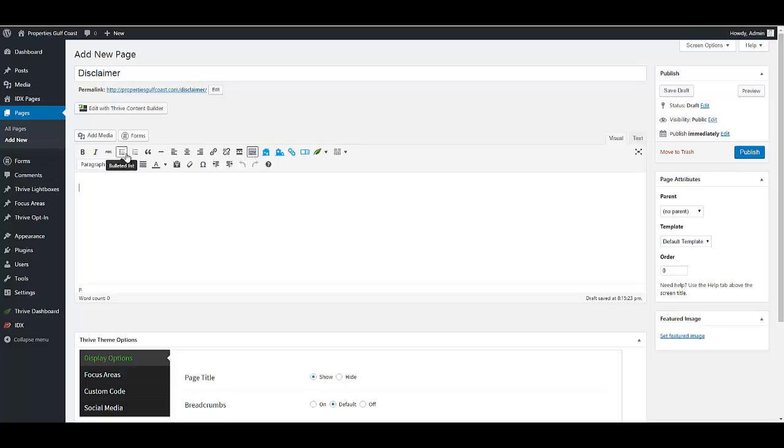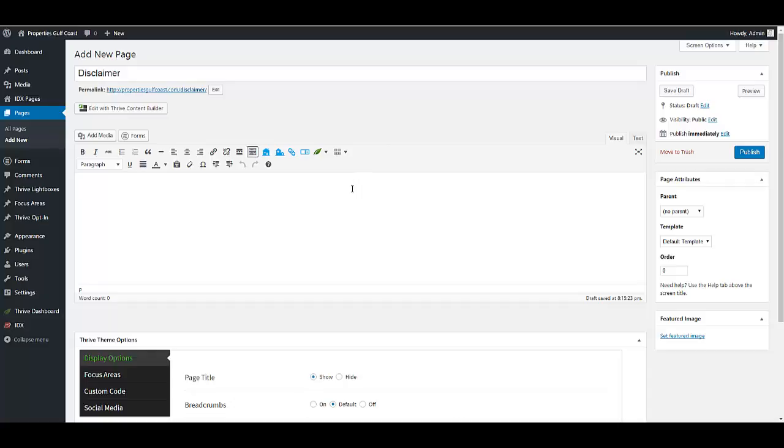Now all of this from here, and then all of this on the bottom is all normal. You're going to see it in every WordPress installation. These over here are specific to plugins that we've used. Now this is a real estate website, so this has got some MLS plugins that are going in here, and then this is a Thrive plugin for different columns and shortcodes that we can add some additional features into this